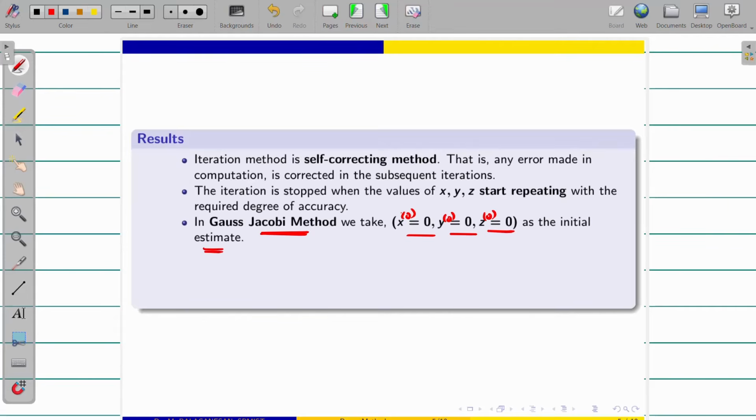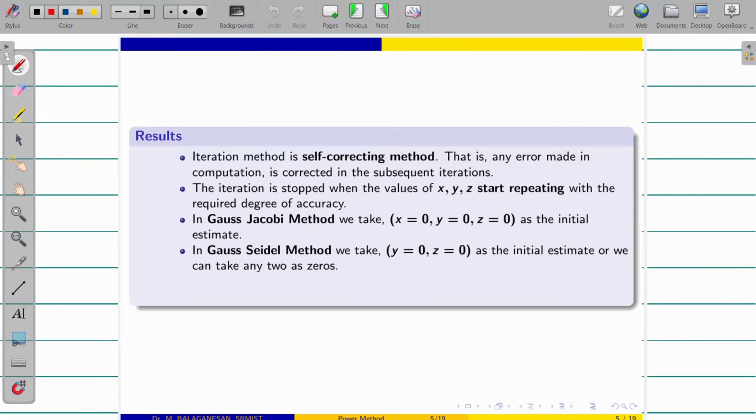That's what the meaning is here. Similarly, we have an assumption in the Gauss Seidel method also. That assumption is any y value 0, z value 0. It's not mandatory to give y0, z0 only. Any two elements we can take: x0, y0, or y0, z0,